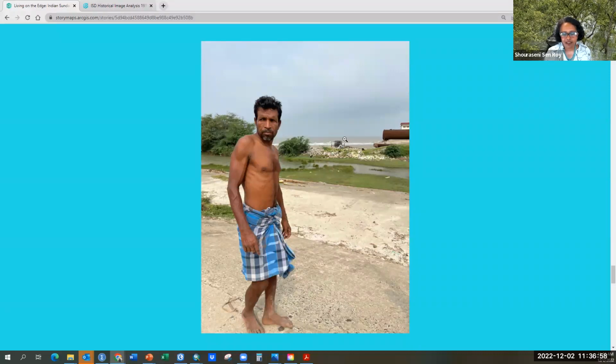And this guy described when Cyclone Yas came, when the warnings were issued. The Indian Meteorological Department now does a very good job of issuing cyclone warnings. They have developed much better. And he mentioned how he made his family leave the house, go into the interior of the island to their friends and family. And he stayed here, and it reminded me of what Landolf was mentioning about storm surge, this wall of seawater coming toward you.